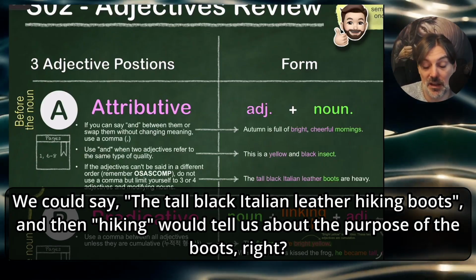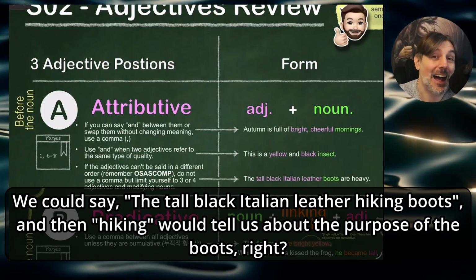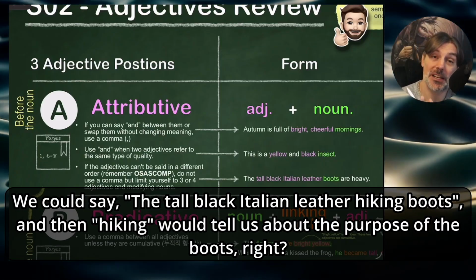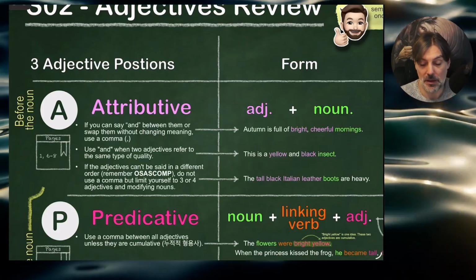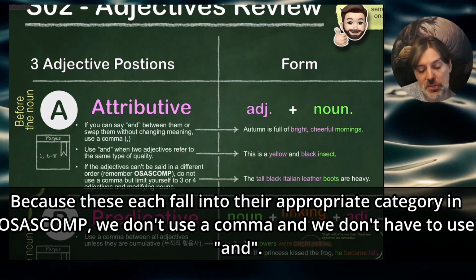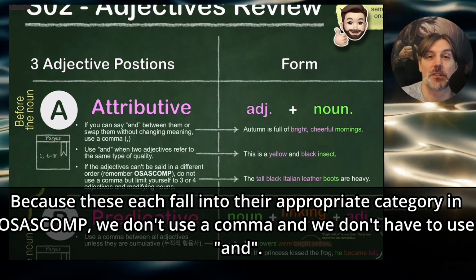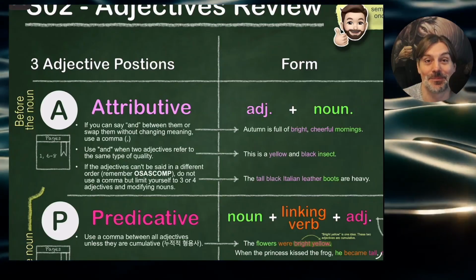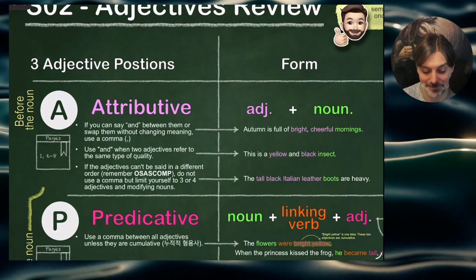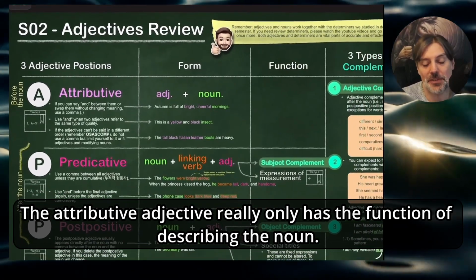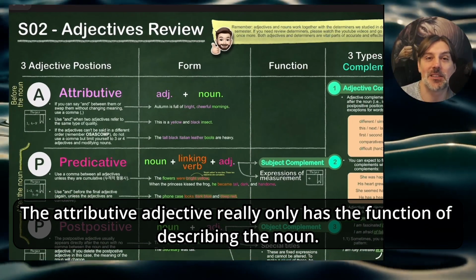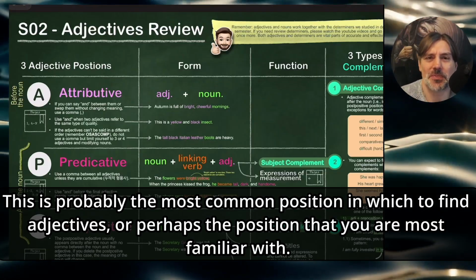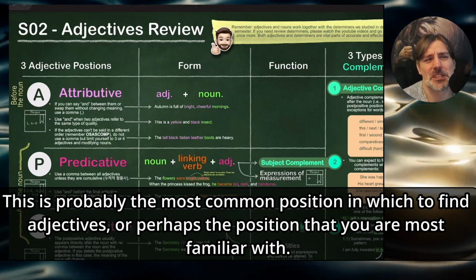We could say the tall black Italian leather hiking boots. And then hiking would tell us about the purpose of the boots, right? Because these each fall into their appropriate category in Ossoscomp, we don't use a comma and we don't have to use and. All right? The attributive adjective really only has the function of describing the noun. This is probably the most common position in which to find adjectives,